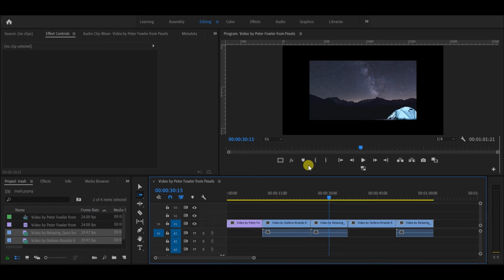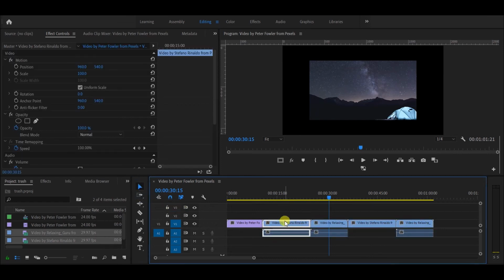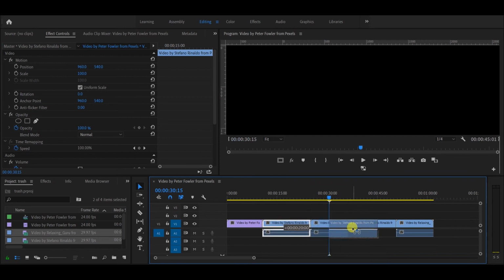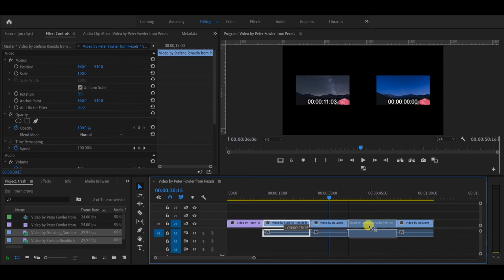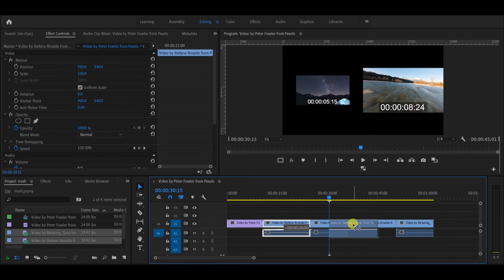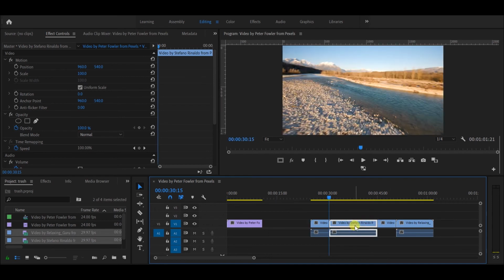So this is tip number 4. In this case, what we are going to do is drag and fit a particular part into the timeline. This is very useful sometimes when you have to drag a video. Suppose you want to drag this video over here but you don't want to replace. If I keep it over here, it will replace this video, which means it will totally remove the overlapping video.